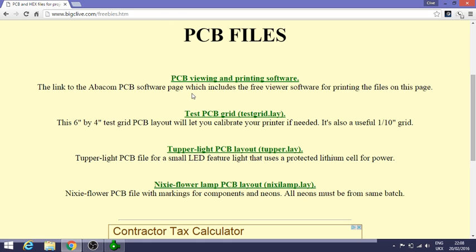So we need two things here. We need the viewer for them, which is the PCB viewing and printing software, and whichever file you want. At the moment I've got the test grid for calibrating your printer, a Tupper light, which is basically a small 6 LED light that runs off a lithium cell, and the Nixie flower lamp, which was featured in a recent